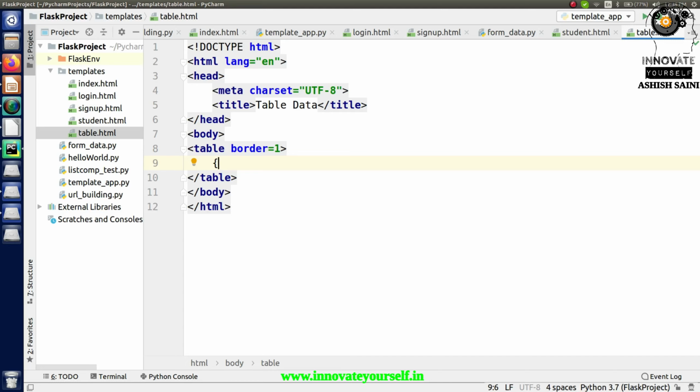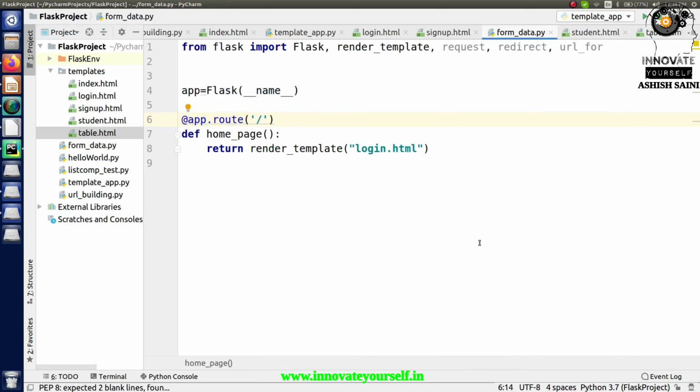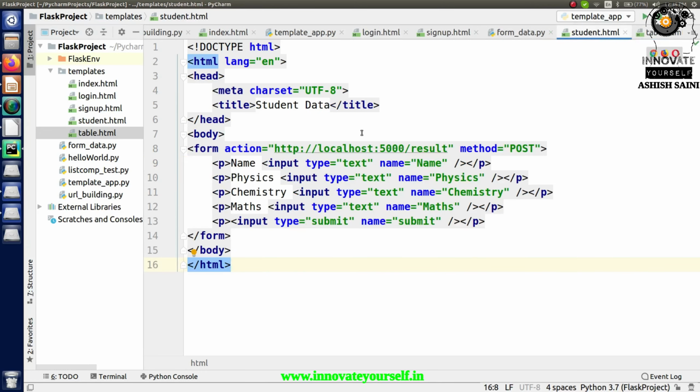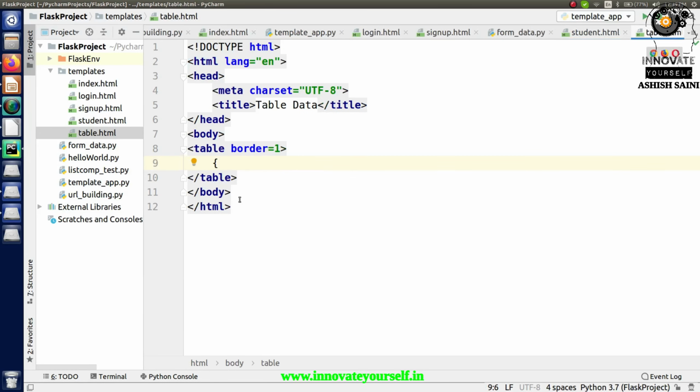from the dictionary, right? Because right now what I'm going to do is send data into this dictionary, or let's say into this template in the form of a dictionary, and that will be coming from here. And in here I have to apply that loop, and accordingly I will be able to collect each and every data from the values that the student will pass in here, right? And accordingly that will be displayed in here in the form of a table, right?